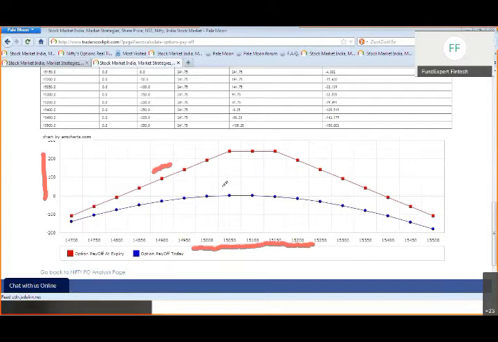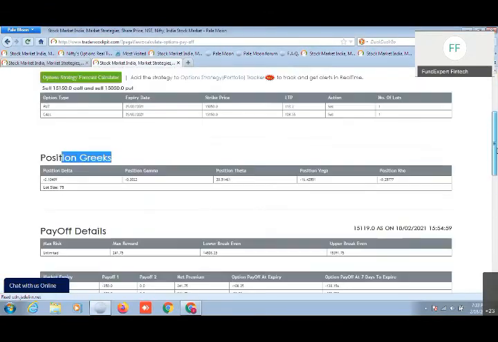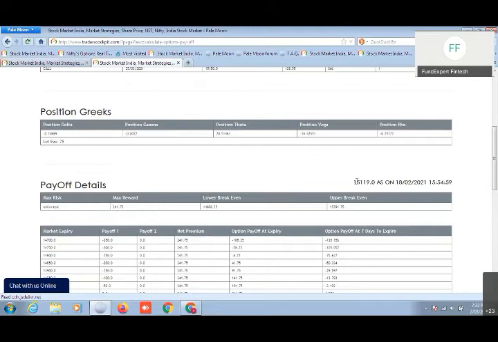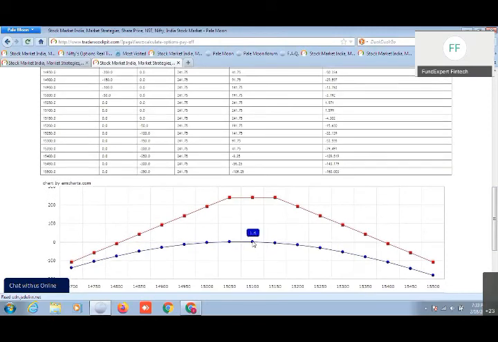And this blue line here shows you the payoff for intraday trading. Suppose in a single day the market moves 100 points up from here, or 100 points down from here, then how much can be the premium value, that it shows you here. For example, now we took a call and put option. Tomorrow, going forward, today the markets expired at 15,119. So we are standing somewhere around this point. Our break-even point is somewhere near around 15,100.